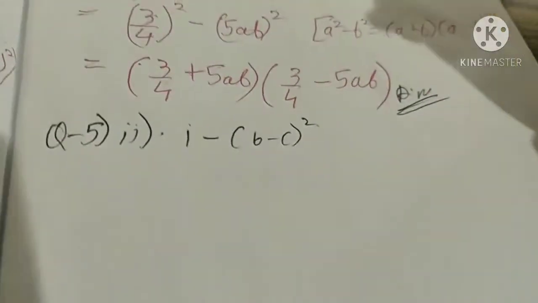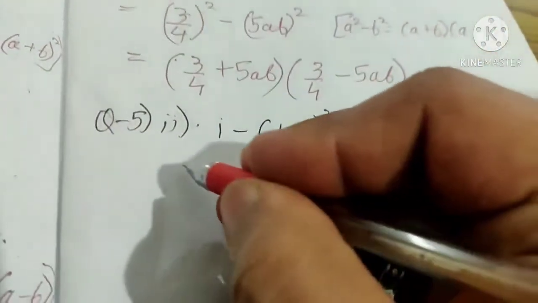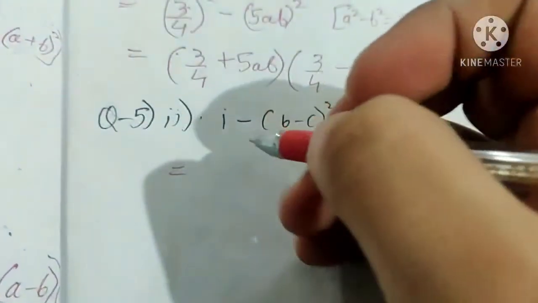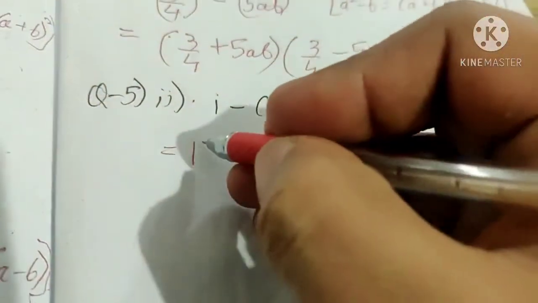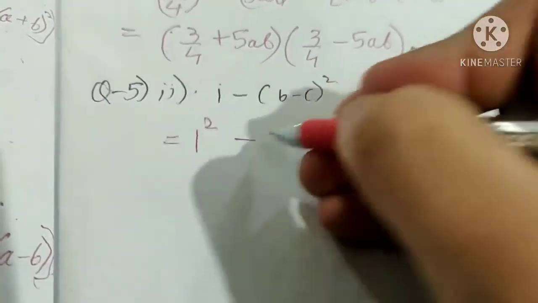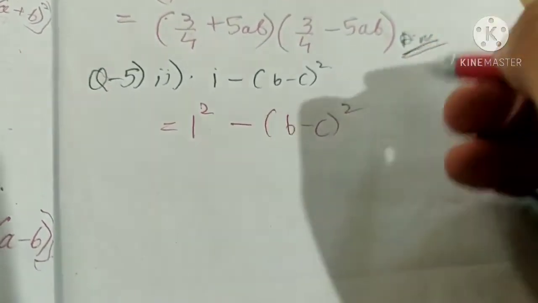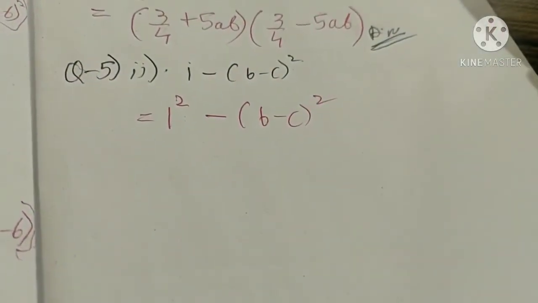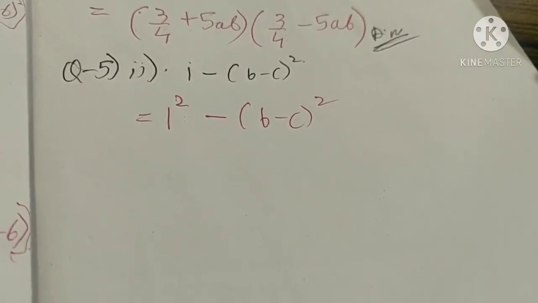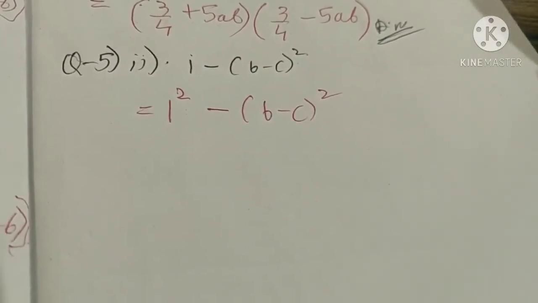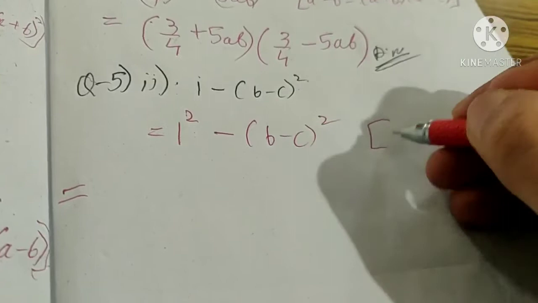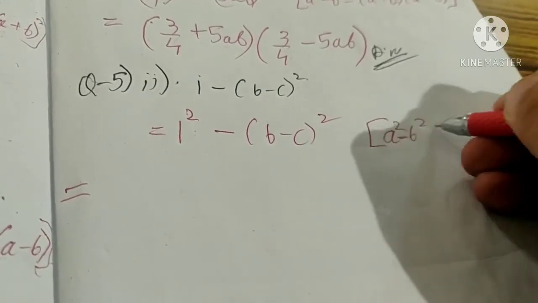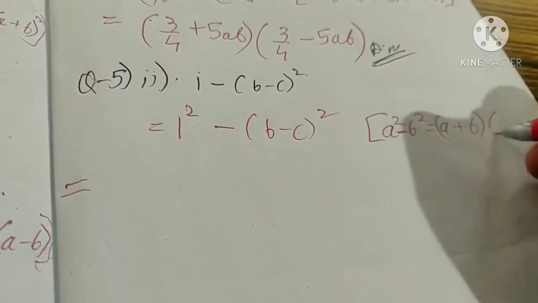So we will check what form is present here. There are two terms, so two terms are again used in the same identity, a square minus b square. We will check whether the first term is in the form of a whole square or not, and whether the second term is also in the form of a whole square or not. One can be written as 1 to the power 2, and the second term is already written this way. So both the terms are present in the whole square form. So what will we do? We'll just start doing the question. That is, a square minus b square is equal to a plus b into a minus b.